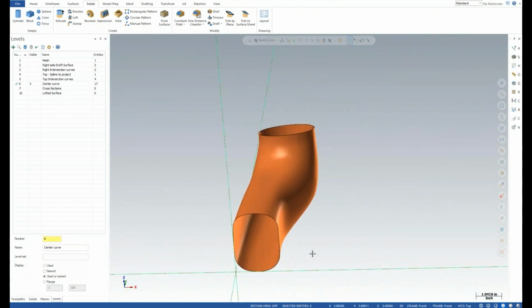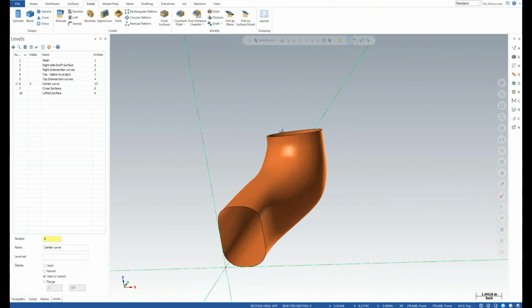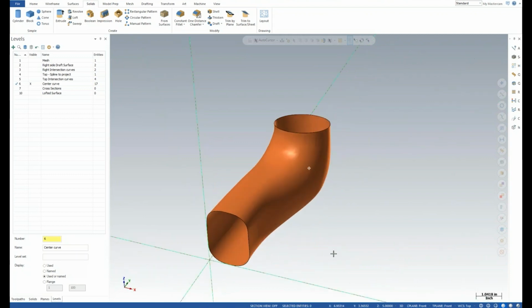There might be ways to put caps on this and sew it together to make a closed solid body. I haven't tried that in this case, but there is no direct mesh to surface or mesh to solid capability at this point.